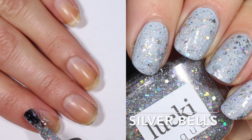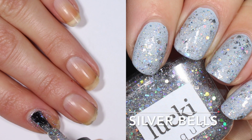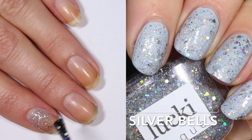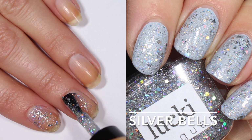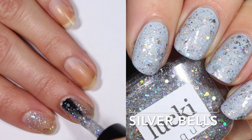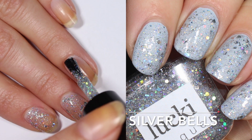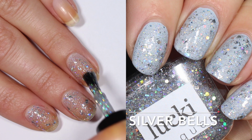All right, here we go. We're at the sparkly stuff. This one is called Silver Bells. It's described as a chunky silver hollow glitter. It contains 5 different sizes of hollow glitter hexes, and it can be used in 1 coat as a topper or 2 to 3 coats on its own for opacity as an intense New Year's Eve mani or as an accent nail. I'm going to show you in my live swatch this one just built up in 1 coat so you can see what it looks like on the nail,